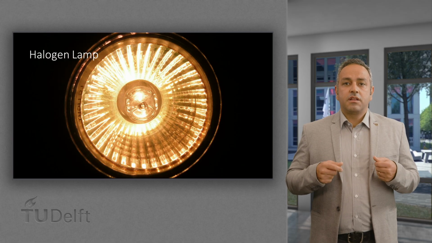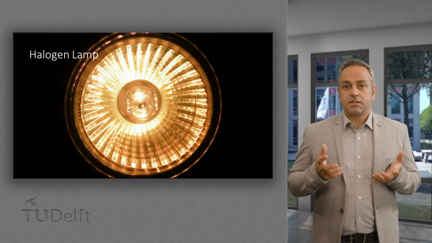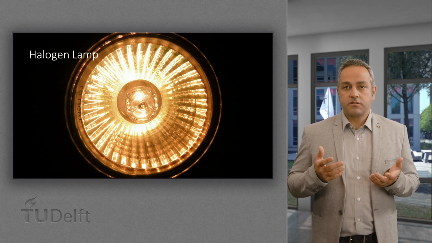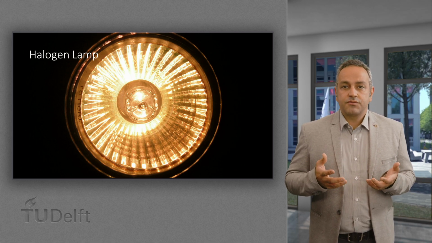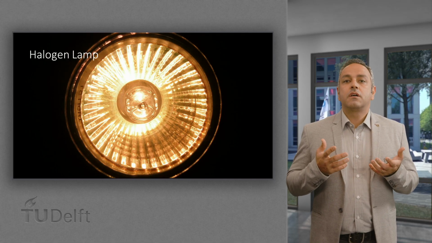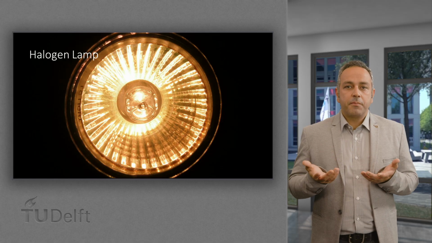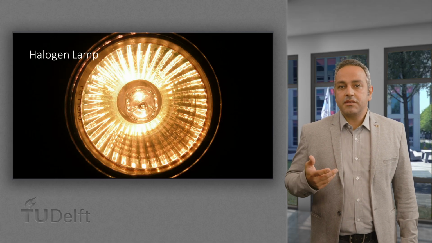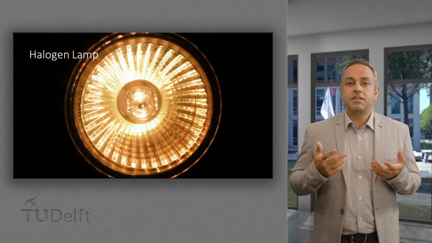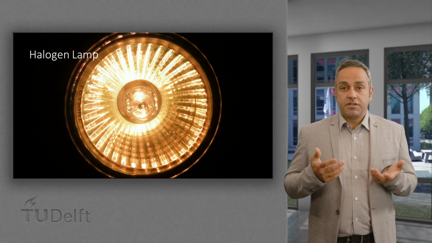The halogen lamp followed the incandescent lamp. The housing of the halogen lamp is filled with the halogen gas. The halogen gas reacts with the evaporated metal and redeposits it on the filament as a self repair mechanism. The filament temperature can be higher than in case of an incandescent lamp, and this results in higher luminosity.